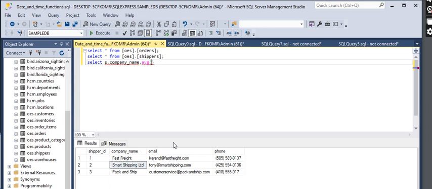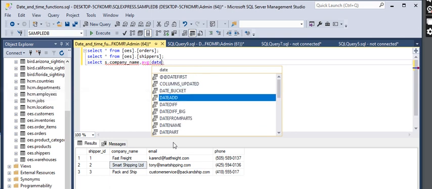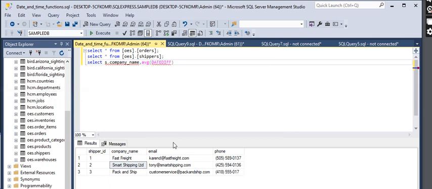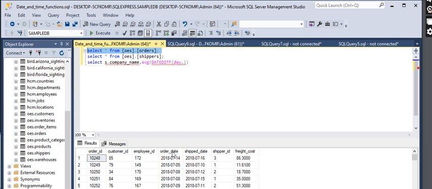So how to calculate: the difference between the order date and the shipment date, right? So we have to use the date diff function to get the date difference in days we want between orders, right? Here orders, order date,